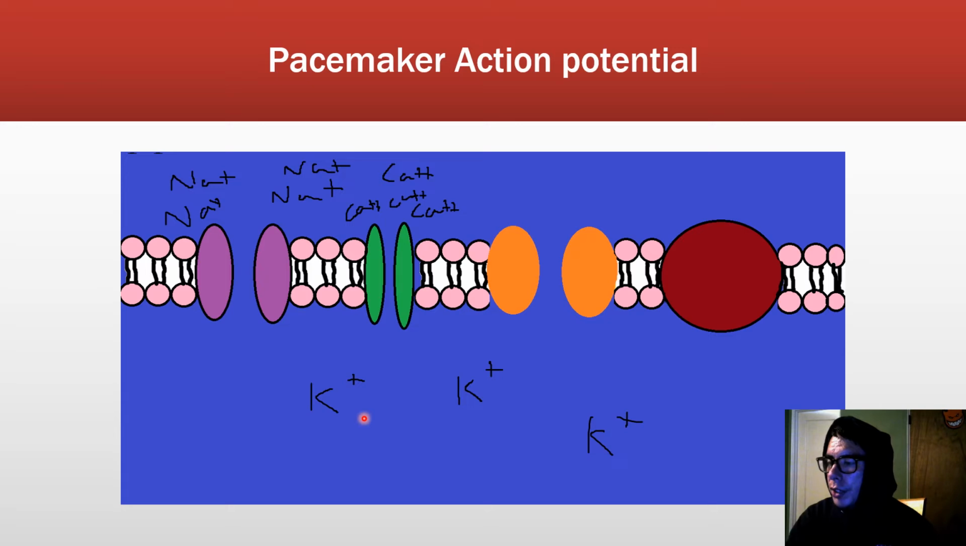In a pacemaker cell, we have these little guys right here, which are sometimes sodium channels in the next example we're going to go over, but in pacemaker cells, they're called funny channels,